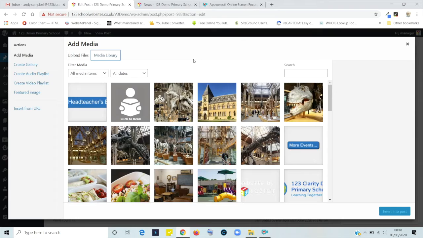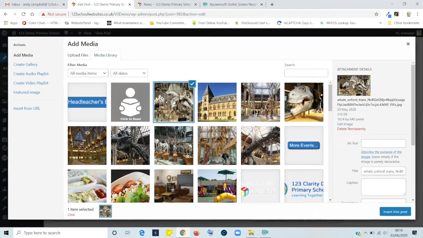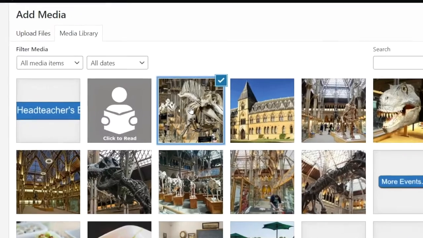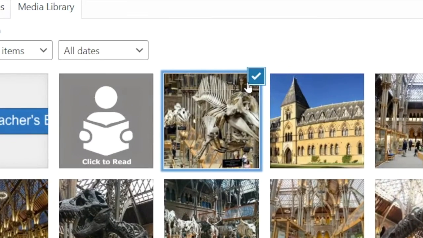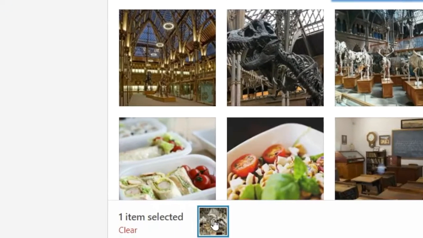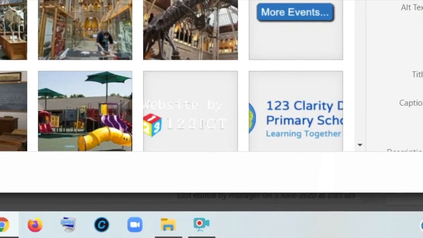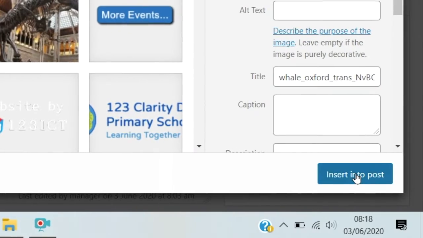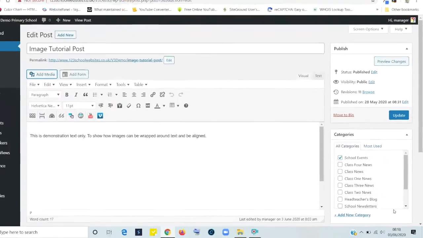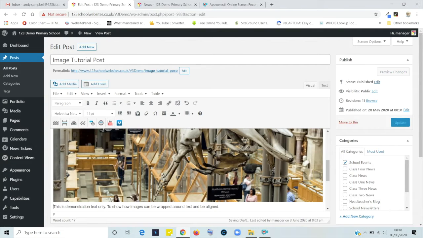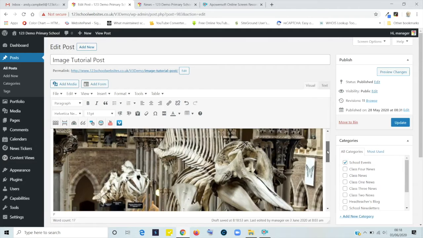Okay, I'm going to choose this image of a dinosaur to go into the post. I've clicked on it, a small arrow has appeared in its corner there, and it tells us down here that I've selected the one item. I come along to here and click on insert into post. Once I've done that, the image appears on the page editor. Now that's quite a big image, it's come in at full size,